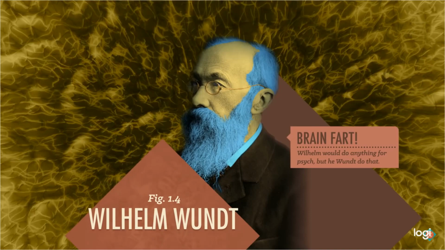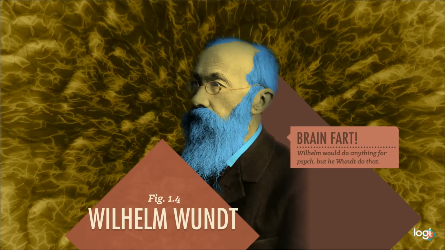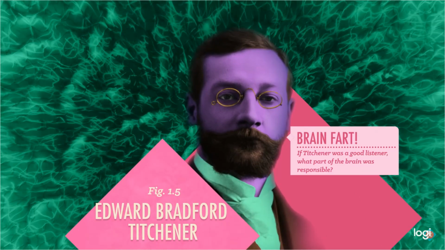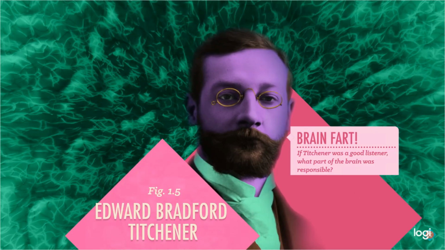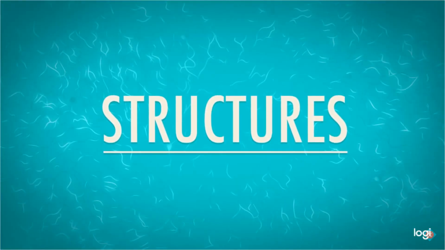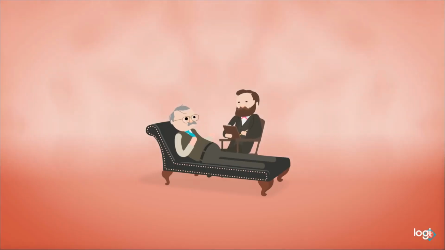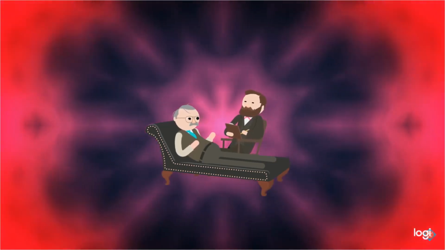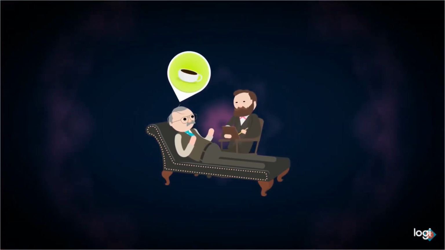Scientific psychology got its start in 1879 in Germany when physician Wilhelm Wundt set up the first psychology laboratory at the University of Leipzig, just a few years after publishing his Principles of Physiological Psychology, considered the first true psychology textbook. Wundt and his student Edward Bradford Titchener took cues from chemists and physicists and argued that if those people could break down all matter into simple elements or structures, why couldn't they do the same for the brain? They tried to understand the structures of consciousness by getting patients to look inward, asking them how they felt when they watched a sunset or smelled a coffee or licked a kitten or whatever.